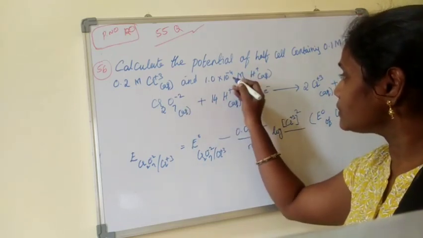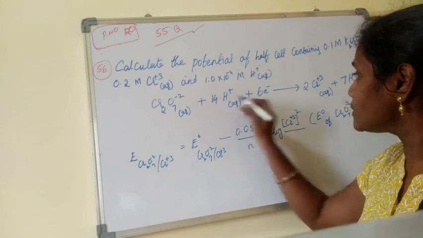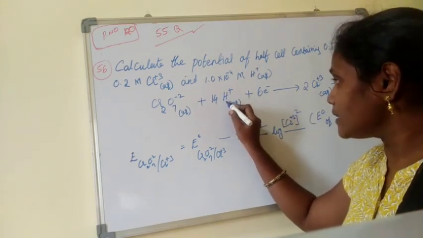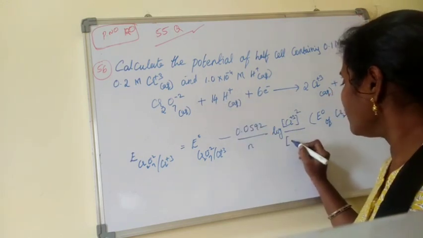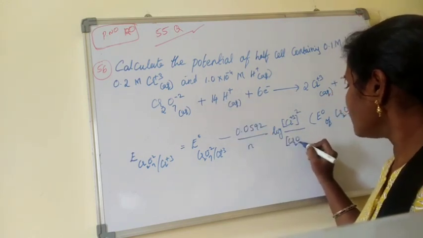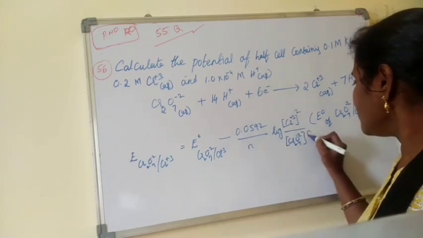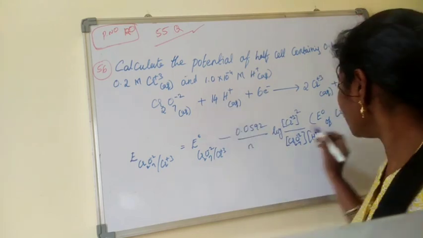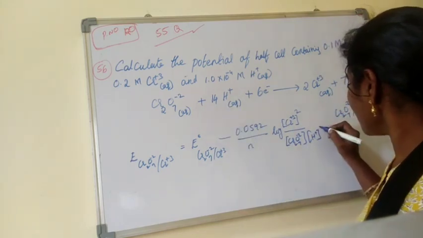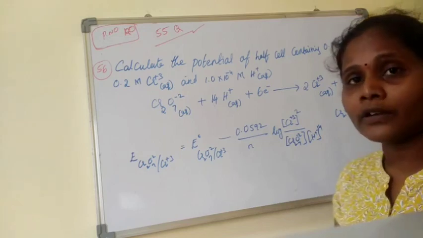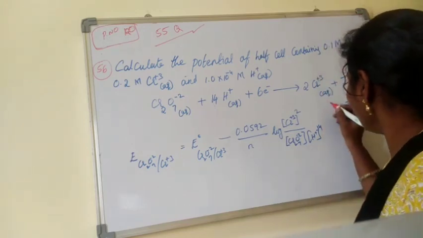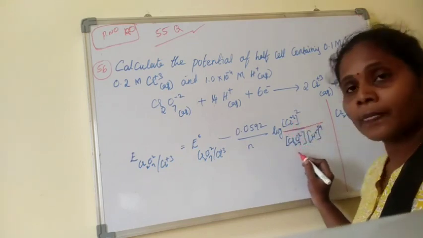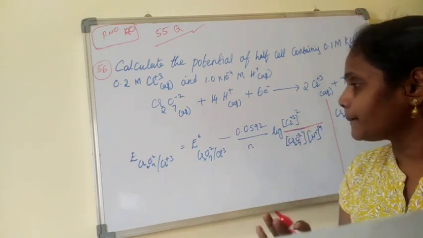Because he has given the concentration of this, and this H plus is also converting into H2O, that means it also gets reduced, right? H plus is also reduced. Therefore, we need to write the Cr2O7 concentration and also the H plus ion concentration. And 14 is the number of moles of H plus, therefore its power is 14. Don't get confused. We are just constructing the Nernst equation. The Nernst equation is products by reactant concentration. Yeah, fine.